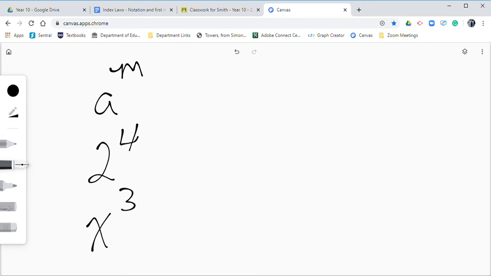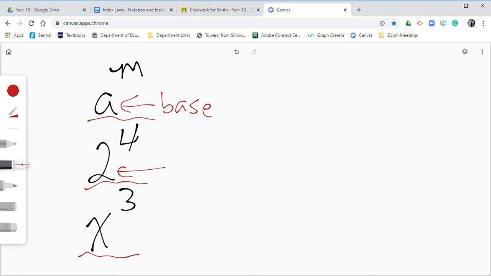So when we talk about index form, we can think of something like this. And if I write numbers like this, for example, these would all be in index form. And the way we would say these, this would be a to the power of n, or 2 to the power of 4, or x to the power of 3, where a is the base,